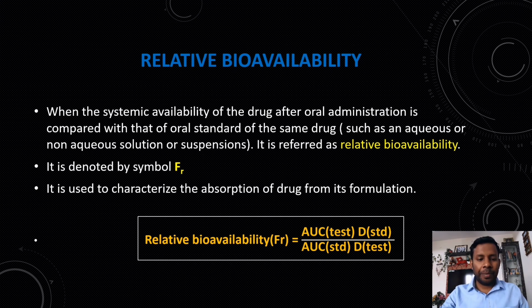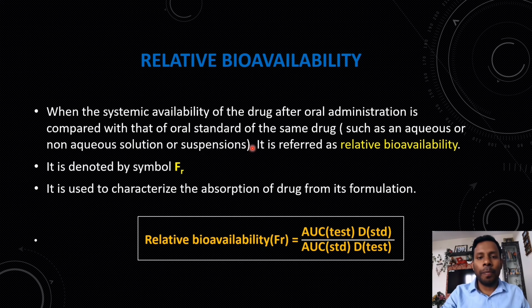Relative bioavailability. When the systemic availability of a drug after oral administration is compared with that of an oral standard of the same drug, that means aqueous or non-aqueous solutions or suspension, it is called relative bioavailability. It is represented by the symbol FR. R stands for relative. So in absolute bioavailability, we are comparing the oral route with intravenous route. But here both are oral route, but one will be standard, one will be test. When the test sample is compared with standard sample, both given by the oral route, that is called